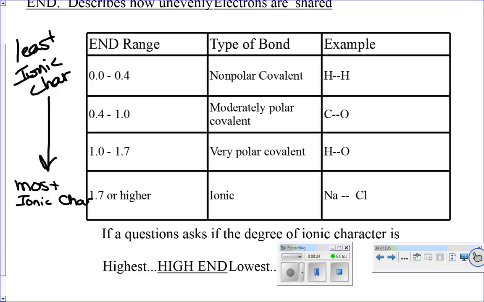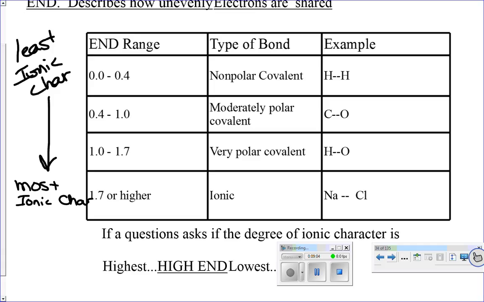So these are just some examples. This table starts by showing you a nonpolar covalent bond which has no ionic character at all. That's the opposite of ionic character, because ions are when we transfer electrons. So completely even sharing is different than that. So that's what you're going to see in a bond between two identical elements. Then we have moderately and more polar covalent bonds. So these are when you're on the same side of the staircase, you have two nonmetals, but you do have an electronegativity difference. So you have two non-identical